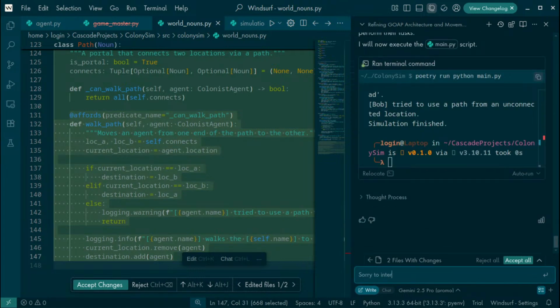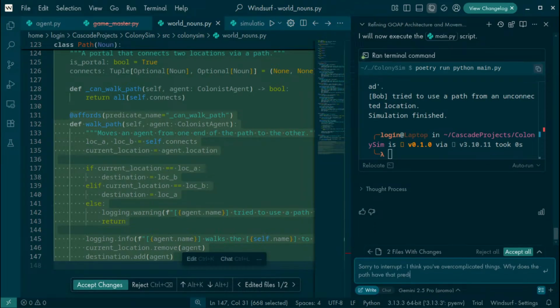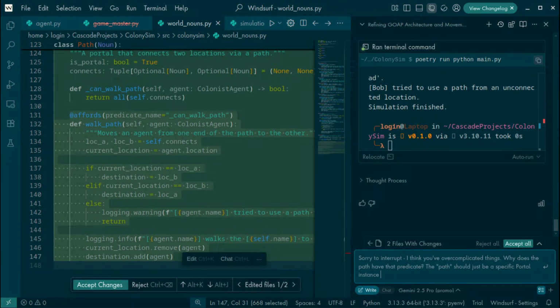Sorry to interrupt. I think you've overcomplicated things. Why does the path have that predicate? The path should just be a specific portal instance, same as the door.